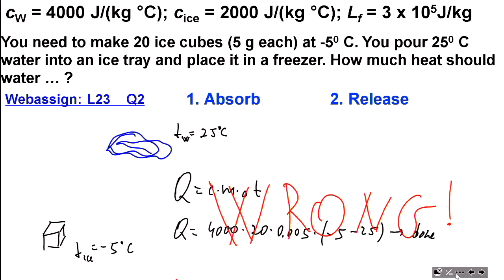We know we're right, we know we're wrong, and we know we don't have enough information to make a judgment. That's it. So we know we are wrong. You are absolutely correct. However, still, this reasoning helps to understand if the heat is being absorbed or released, because even if we look at this wrong equation, still it gives a negative value for Q, and negative means it should be,